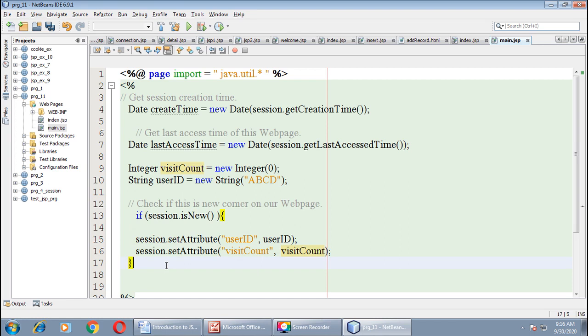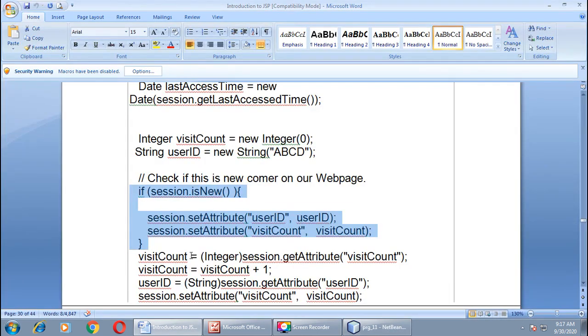In case the client is accessing the particular web page for the second time, this method will return false, and whatever code is inside the if condition will not execute. Okay, this part will be skipped. We will come directly to line number 18.